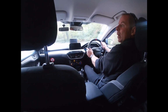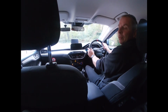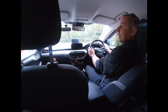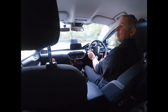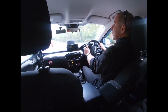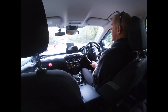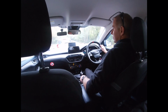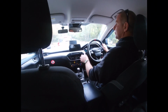So our wheels are now straight. We're heading for the curb line. So I'm looking in my left-hand door mirror for my reference point. And when I reach that reference point, I wind on full right lock, constantly keeping an eye on the silver car, which is very courteously waiting for me on this occasion. So we'll complete our manoeuvre there, straightening the steering wheel, putting the brake on, taking the car out of gear,